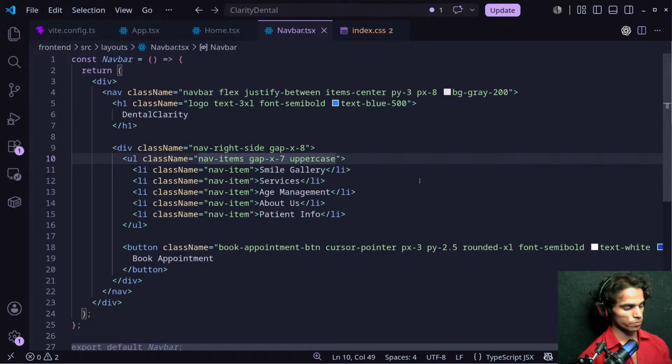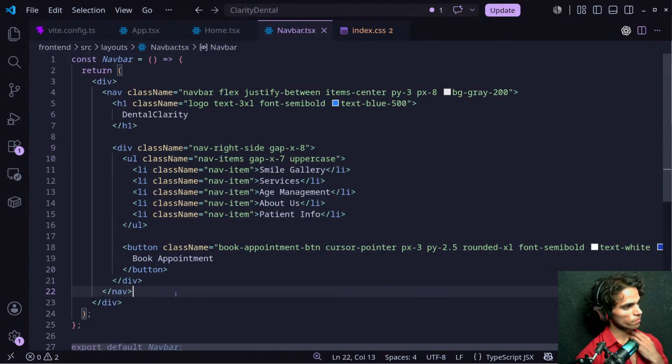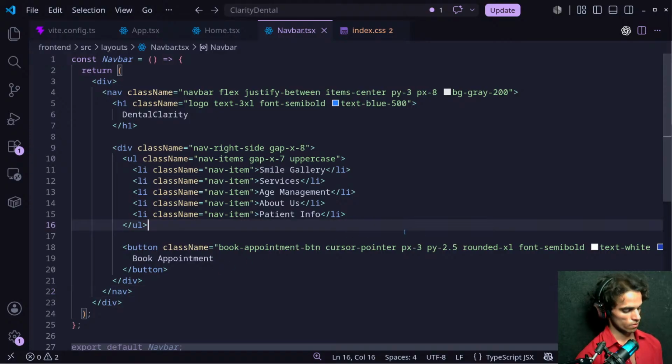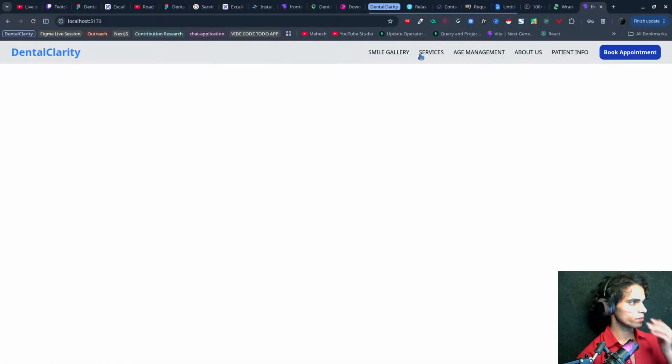Not this. Now what we should do, I don't want to focus on this right now, this isn't that good, but let's just keep it, okay.